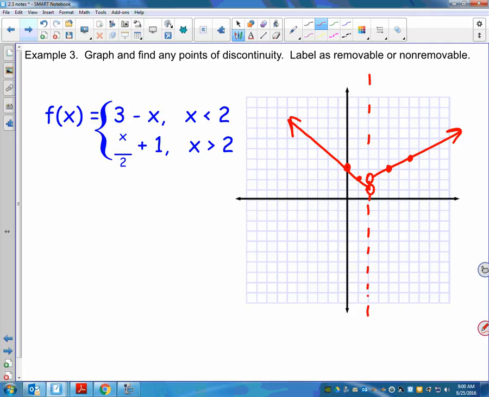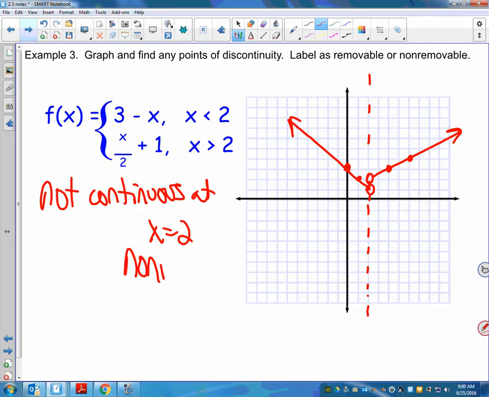Is that a continuous function? What kind of possibility? You just have to say removable or not removable. Not removable is that it's anything but just the one to one. Not continuous at x equals 2. And it is not removable because they didn't meet up together. If they both met up right there at 1, and it was just 1 over 2,